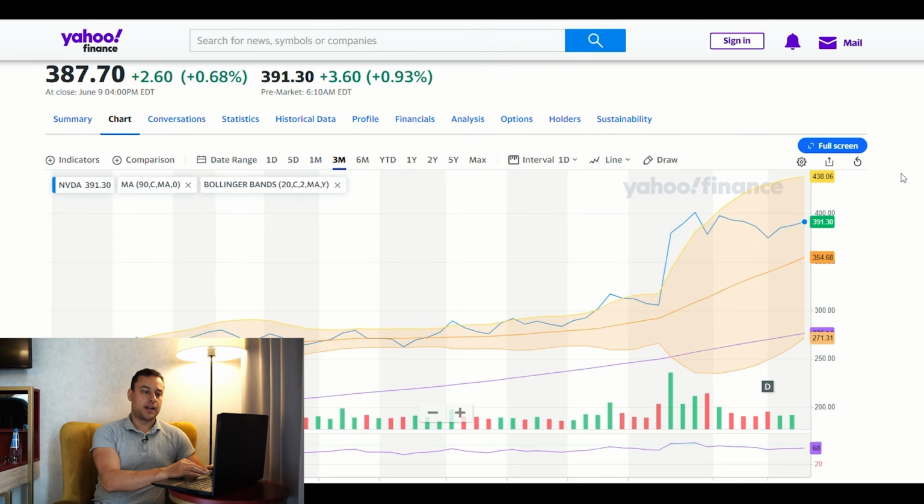And the Bollinger Band now shows 438 as the peak. And this is basically the Bollinger Band at its very best. I mean, literally, the Bollinger Band has expanded so much to account for all of the implied volatility that the current stock is showing. So now that you understand that the top of the Bollinger Band is 438,